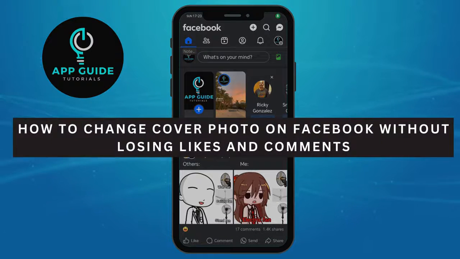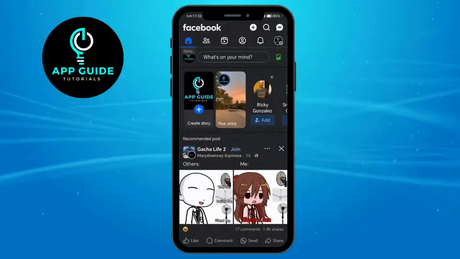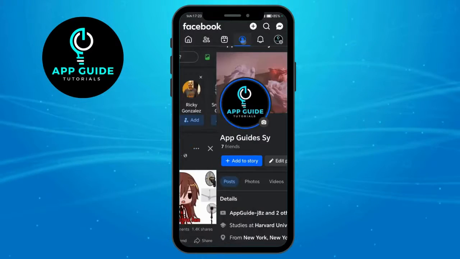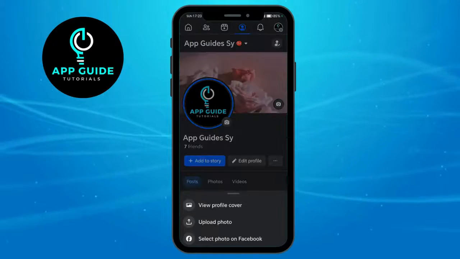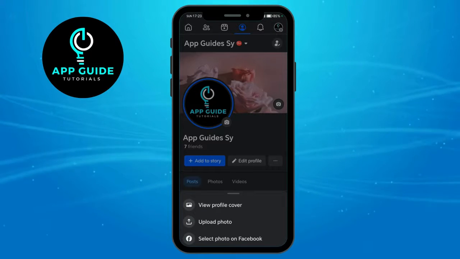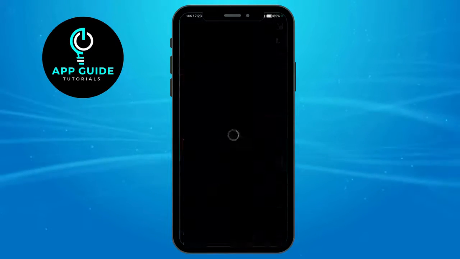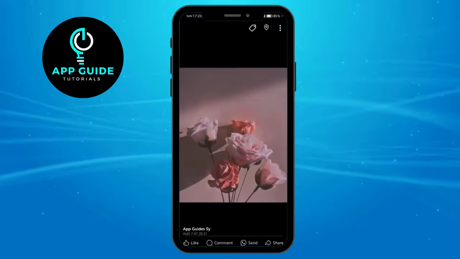How to change cover photo on Facebook without losing likes and comments. So in order to do that, head over right here to your profile icon and then click right here onto your actual profile cover. You can click on this view profile cover, and as you can see, this profile actually